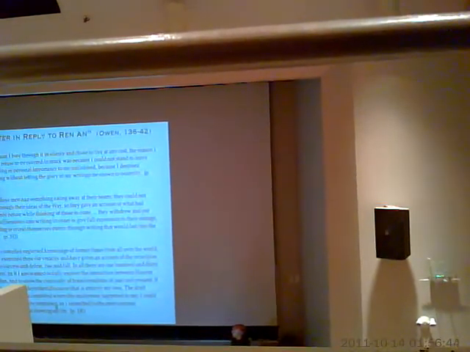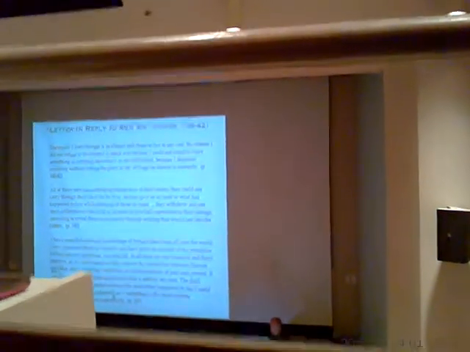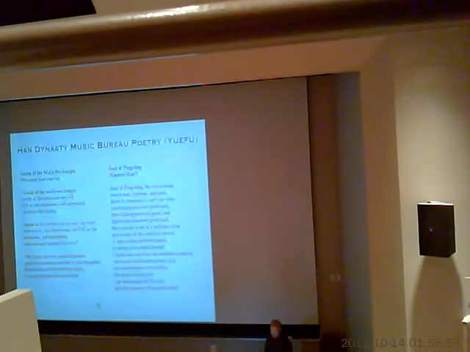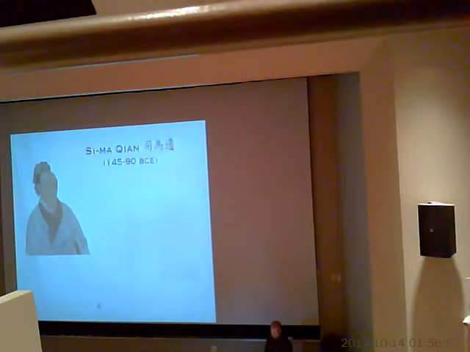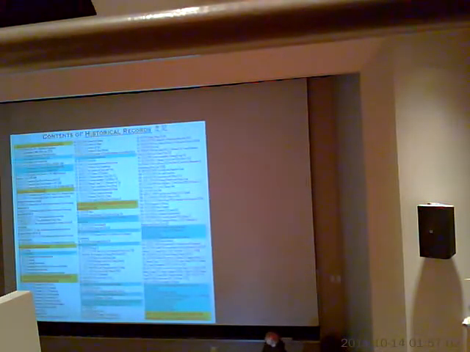Also the theme of suffering and humiliation in order to achieve a greater goal appears again and again throughout the story of the historical record. Over half of these 130 volumes are given to biographies. From 61 to 129 are biographies, collected biographies of famous people throughout history from earliest times right up until the Han Dynasty.